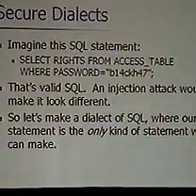Consider the following SQL statement. Select rights from access table where password equals black hat munged. There's one specific set of rule applications in one specific order which produces that query. So all we have to do is cut down the set of rule applications to only the rules which produce that query, and we end up with a heavily restricted grammar which will not admit any injection attempts because any changes to the tree result in an invalid tree.